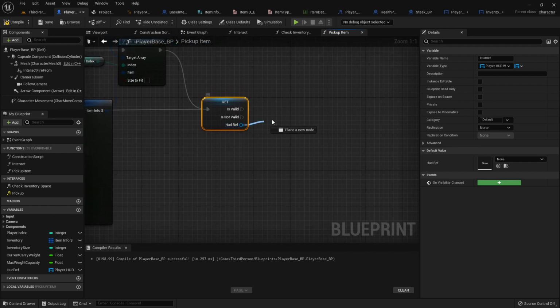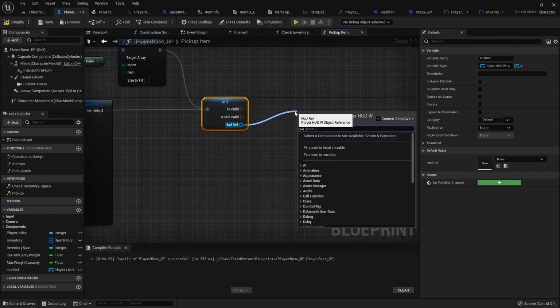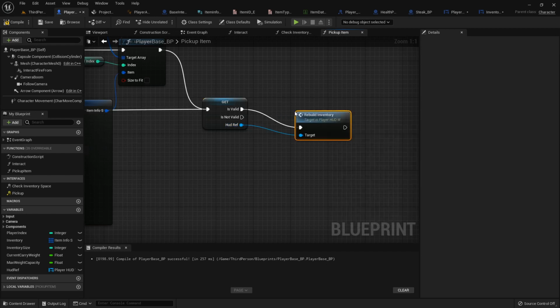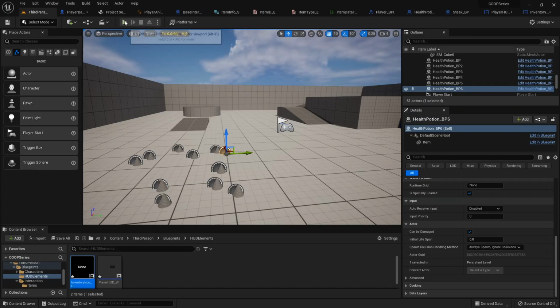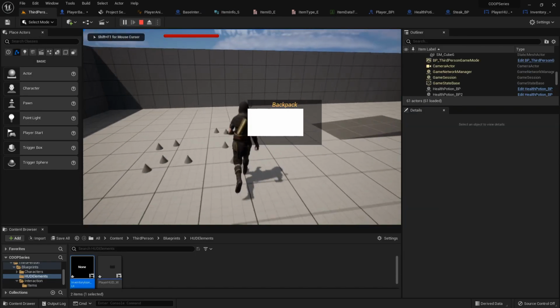So if it is valid, I don't know what's going on with my speech today, we can call our rebuild inventory function, and then it'll clear everything out and update with what it's got going on. So if I pick stuff up,